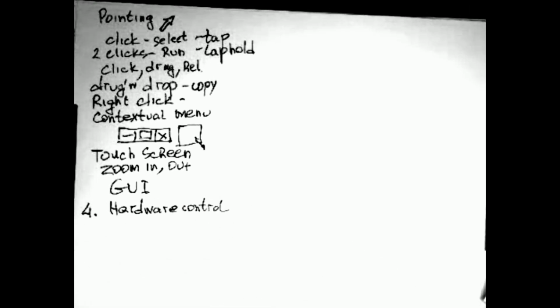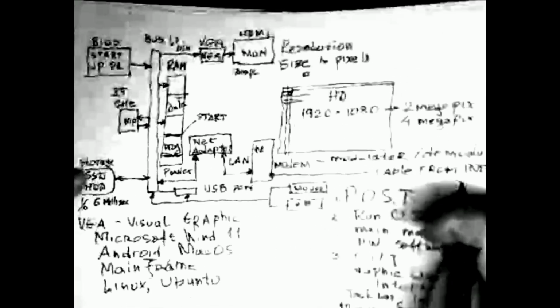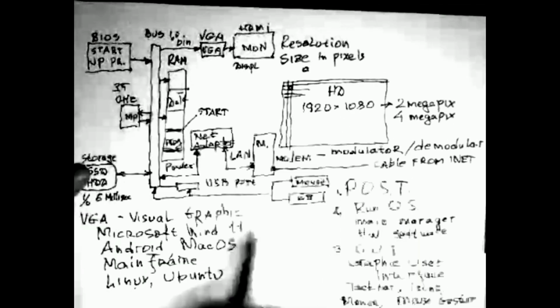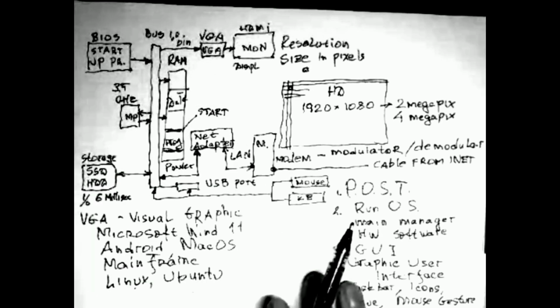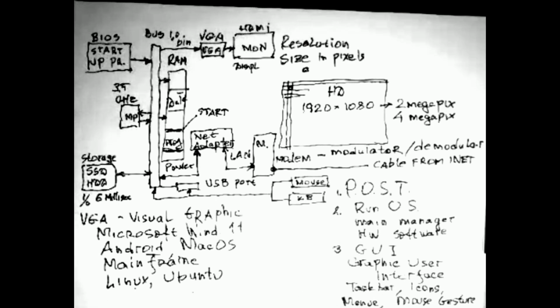Folks, what is the meaning of hardware control? In your computer, when I draw this, you can see it here, right? A computer has a lot of devices, and we need to dispatch signals that are coming from different devices and from the user